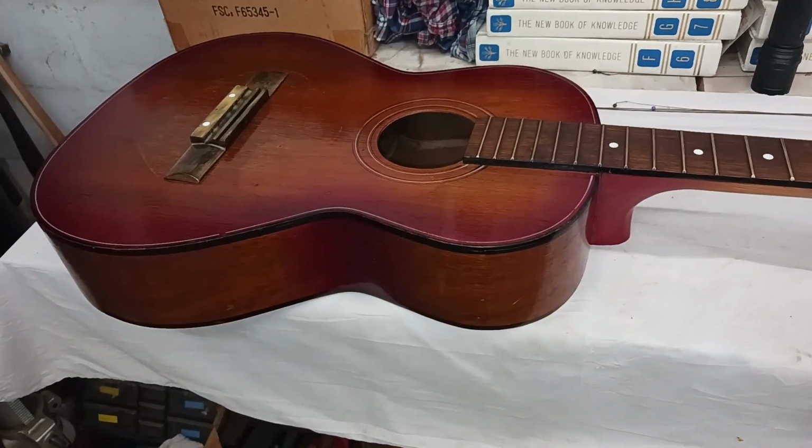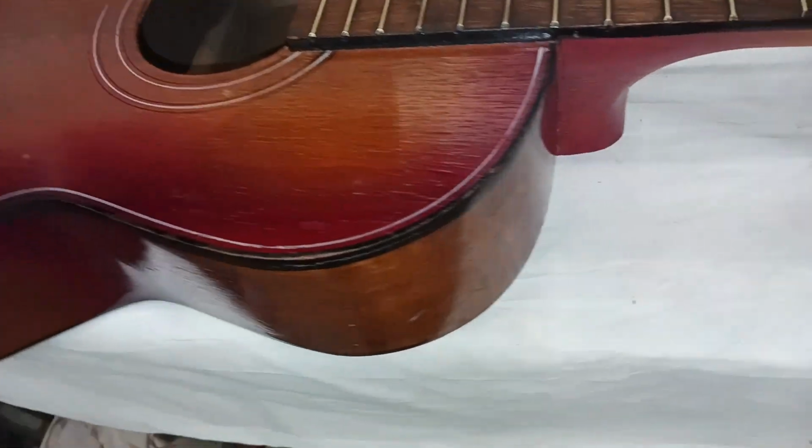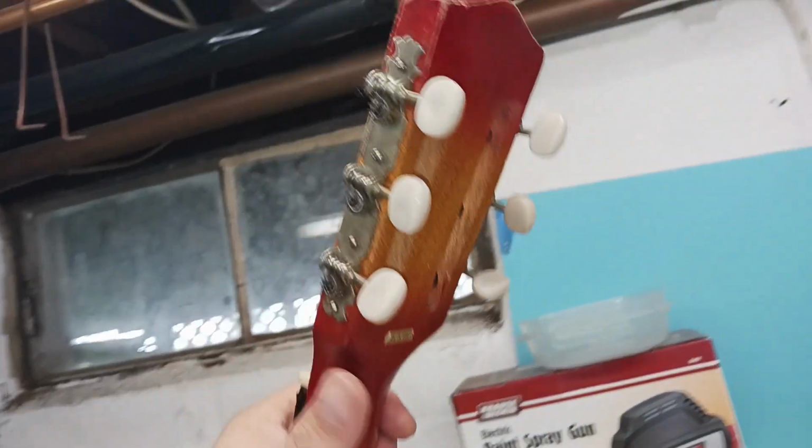Let's get this guy all shined up. Just back and sides. There it is, man. Sides are degrowtified, man. A little bit of sheen and shine going on there, all over this beautiful guitar. Right? So,